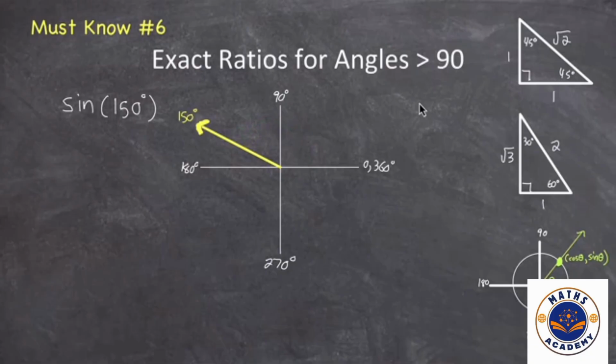Now, each principal angle has a reference angle. The reference angle is the angle between the terminal arm and the closest x-axis. The angle between 150 and 180 would be 30 degrees. So I could say that the reference angle is 30 degrees. This reference angle and the CAST rule is going to help me find